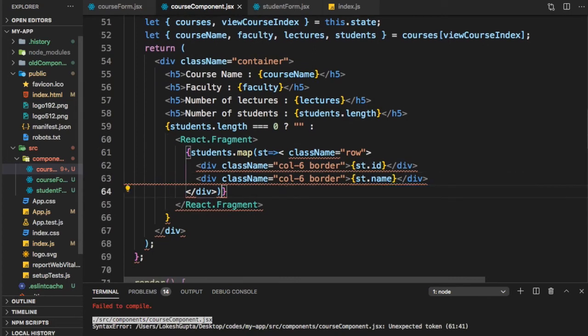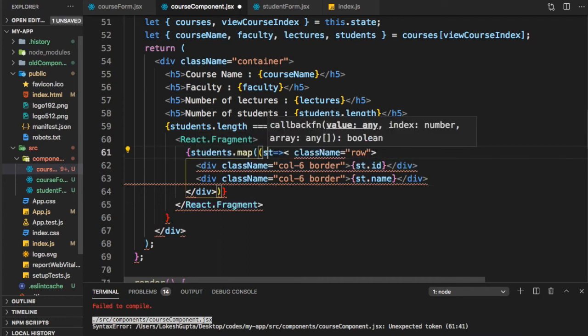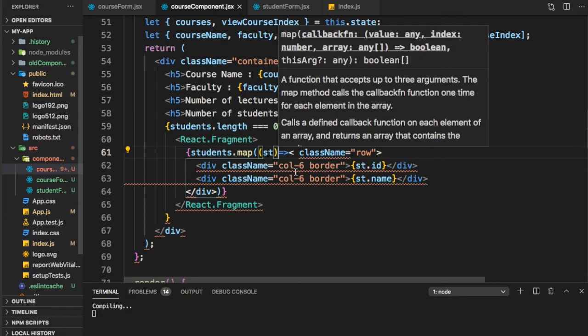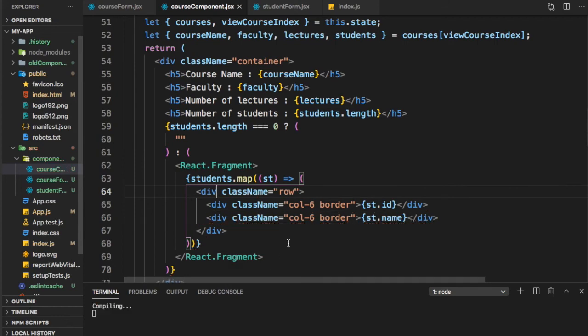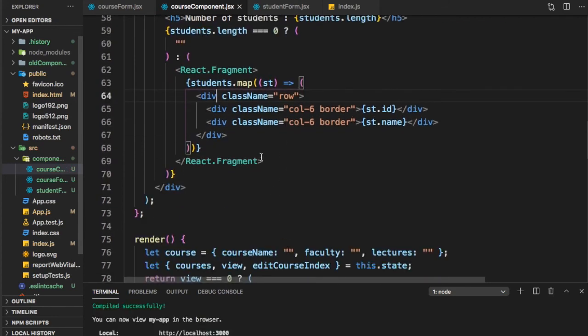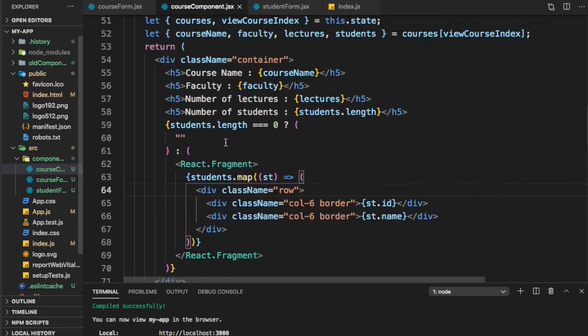This bracket, they should have a bracket here. Maps here. So 61, it is showing an error. There is no div here. So we have created the table. Now below the table, we need to show a button.